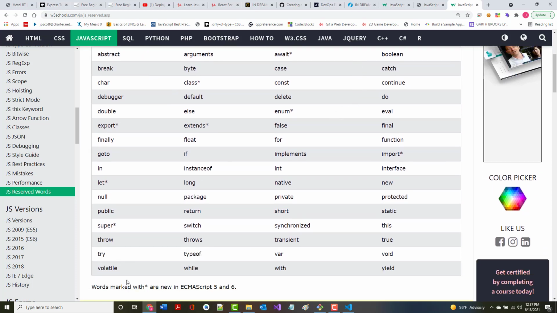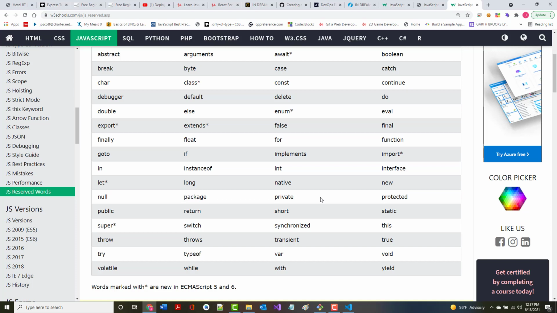And some of them say words marked with an asterisk are new in ECMAScript 5 and 6. So export, extends, enum, super, await. All right. What they're saying is when you are creating your own stuff in JavaScript, you can't use these words. Well, what do I mean create your own stuff? What if I want to go and